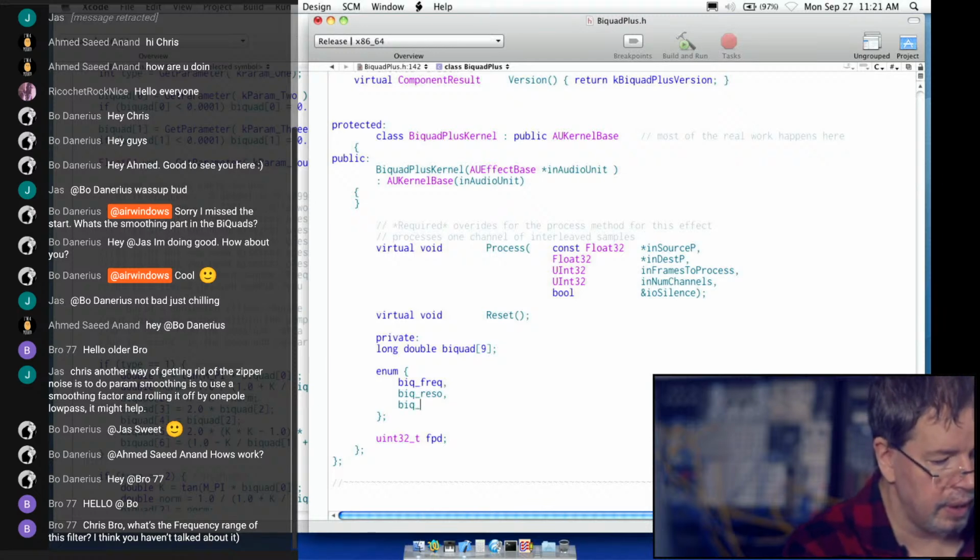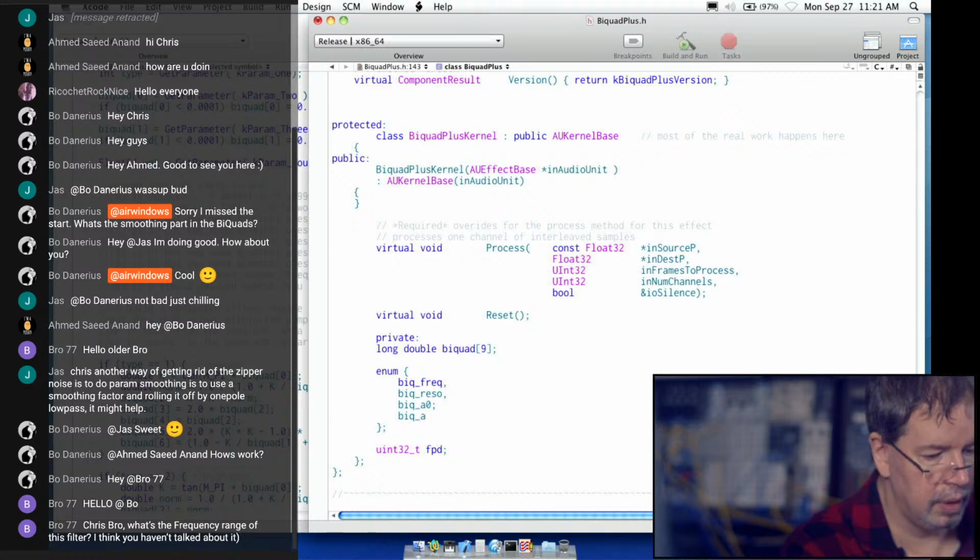And a 0. This is part of how the biquad filter works, so we're going to kind of go with that.